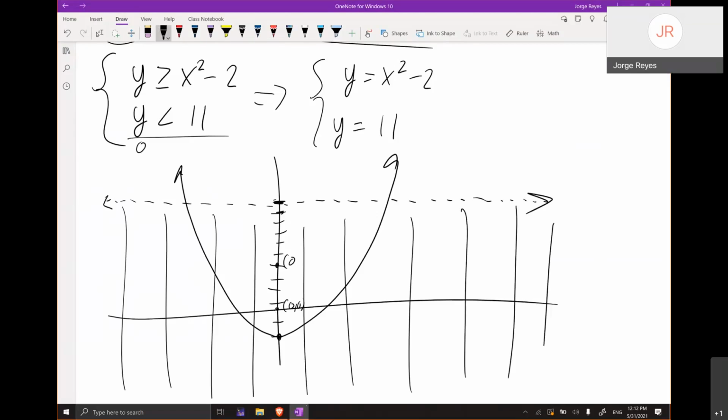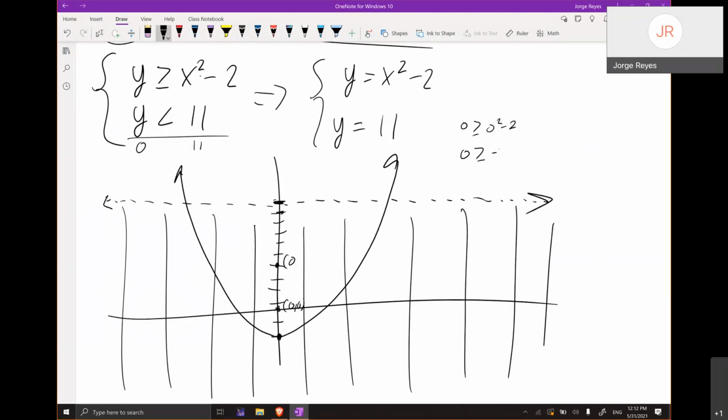Is 0 less than 11? Yes. Okay, so you would plug in under the line. Now, the parabola, you might not be able to tell if it's above or below the parabola. So here again, I would just plug in a test point, 0, 0. You can't plug in any points on the parabola though. So if you plug in 0, 0,